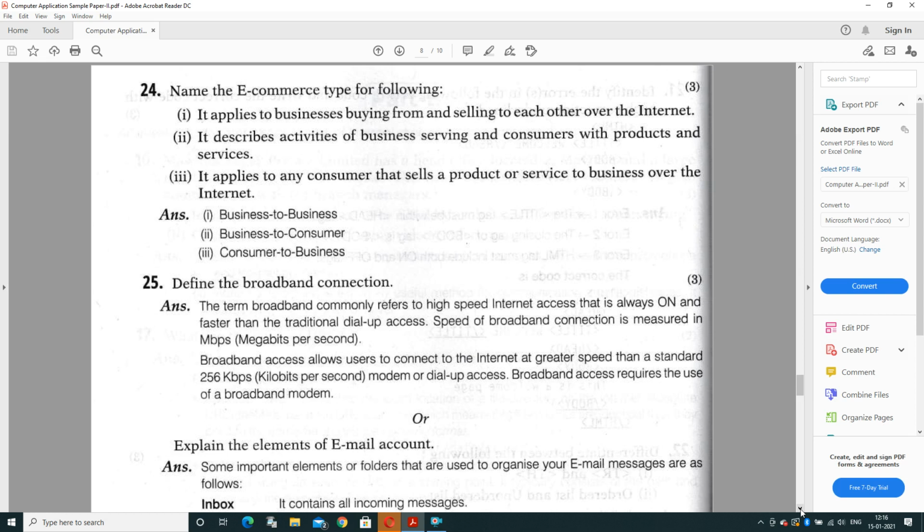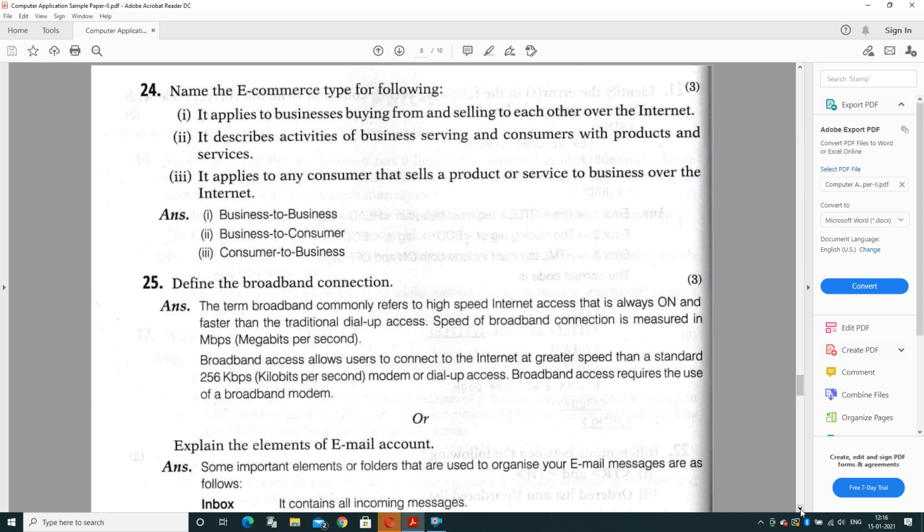Second one, it describes activities of business serving consumers with products and services. It is known as business to consumer because activities of business serving are related to the consumers only. Consumers will get the product and business will provide. So it's a type of communication that is known as B2C.